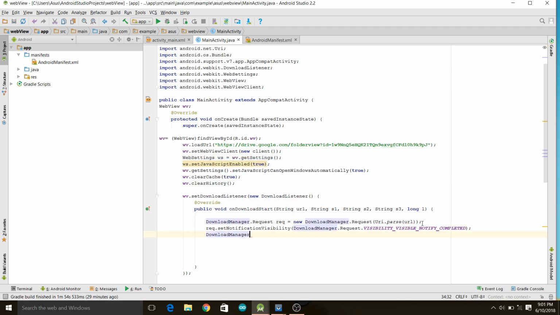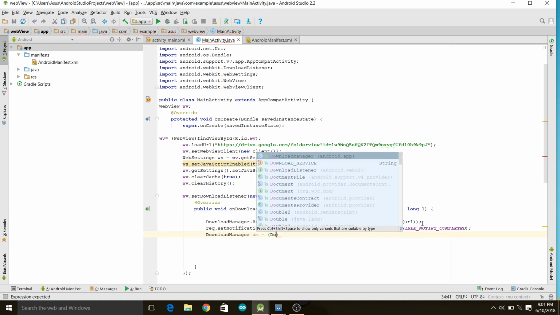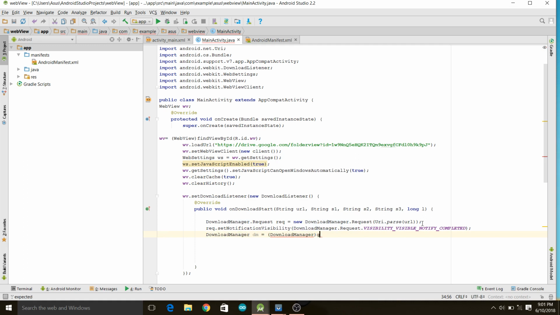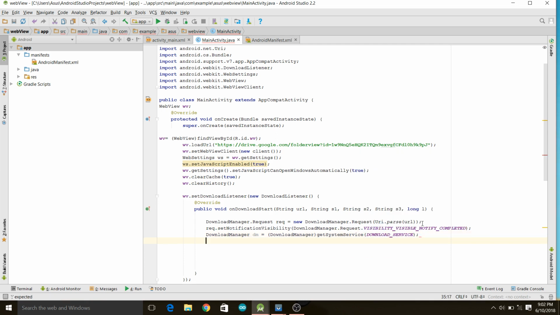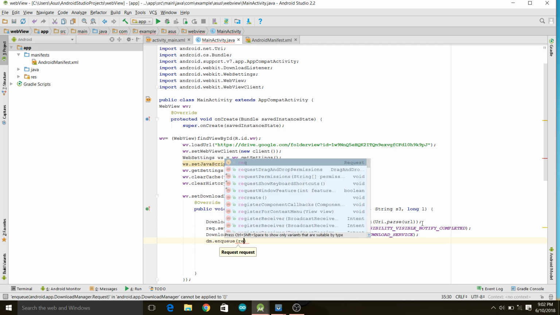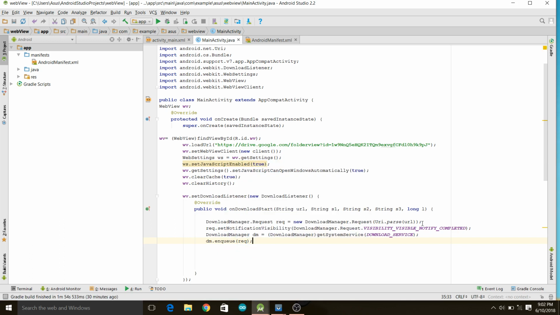Download manager, give it any name that you want, dmq should be equal to, we need to get the system services here. That is the first step to be done. Download manager, we need to get the system services. Get the system service. The service that we require here is download service. So write capital D, download service, that's all. Then I name it dm dot enqueue. So what we're gonna enqueue,